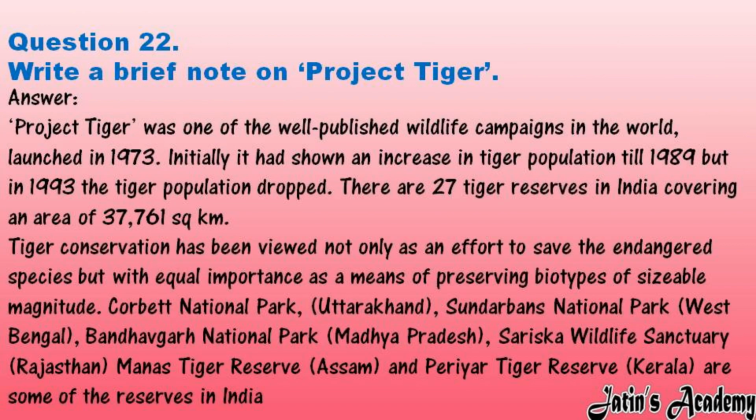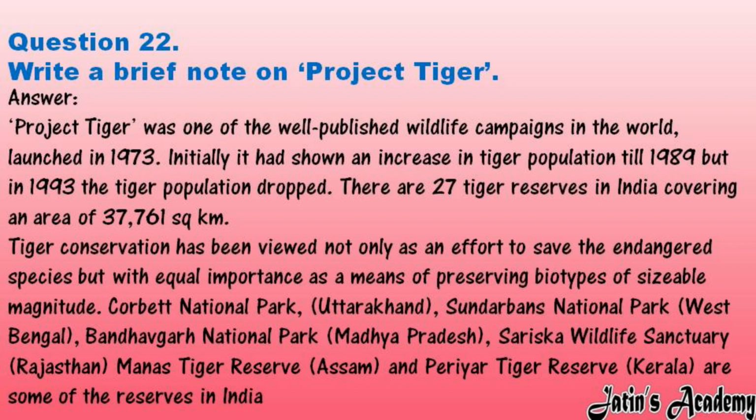Question 22. Write a brief note on Project Tiger. Answer. Project Tiger was one of the well-publicized wildlife campaigns in the world, launched in 1973. Initially, it had shown an increase in tiger population till 1989, but in 1993 the tiger population dropped. There are 27 tiger reserves in India covering an area of